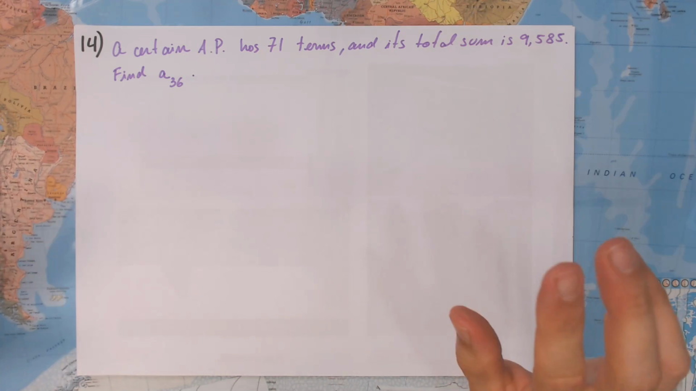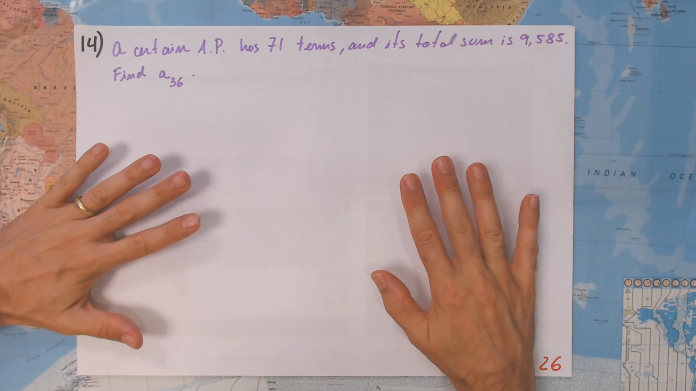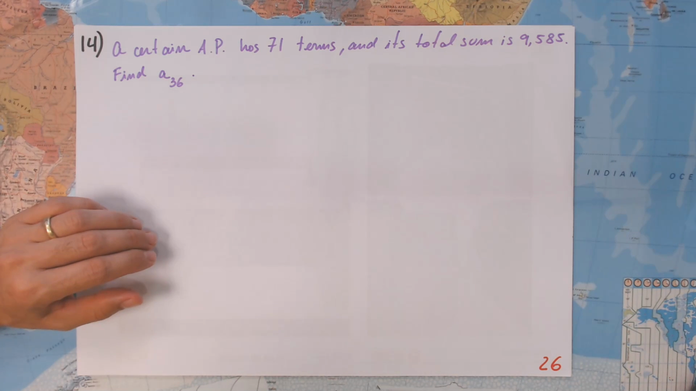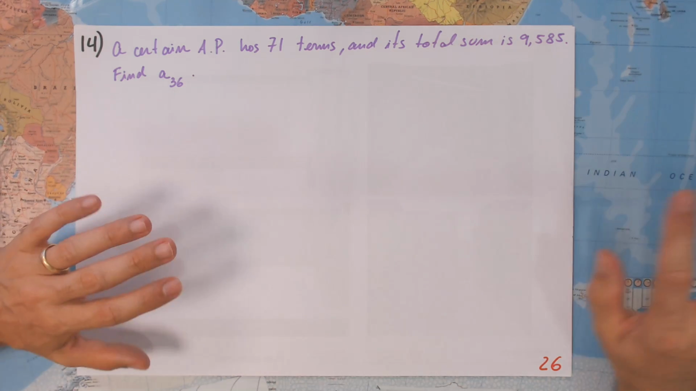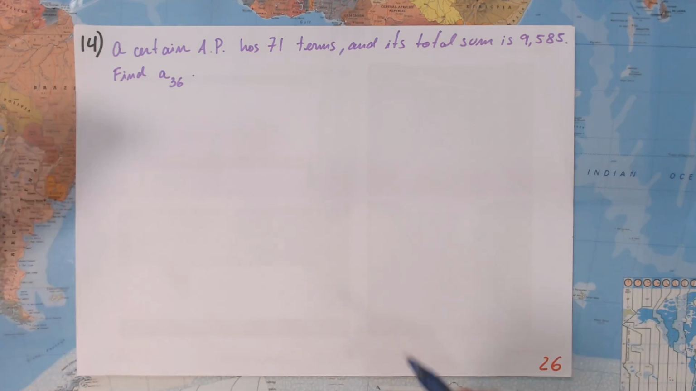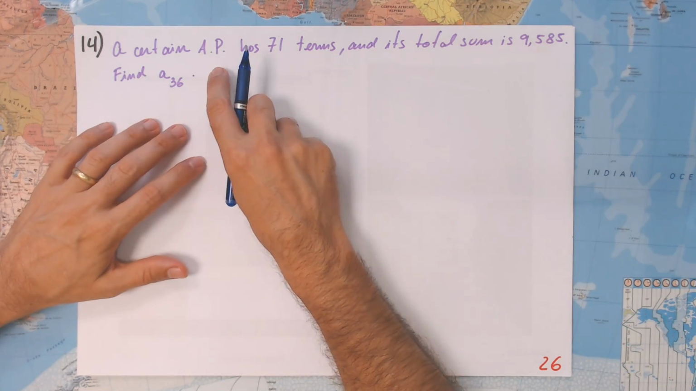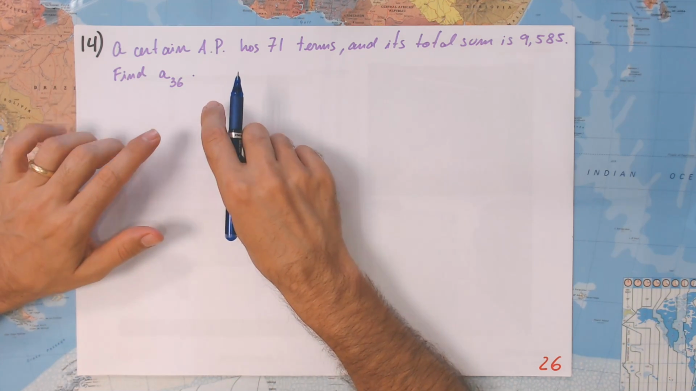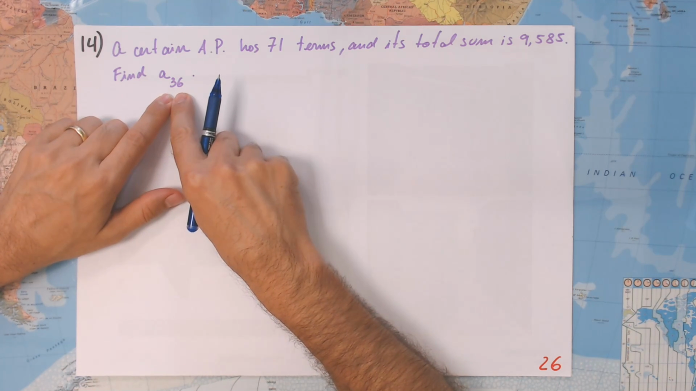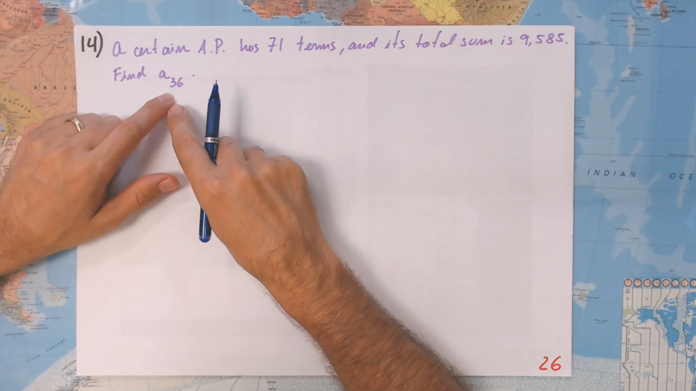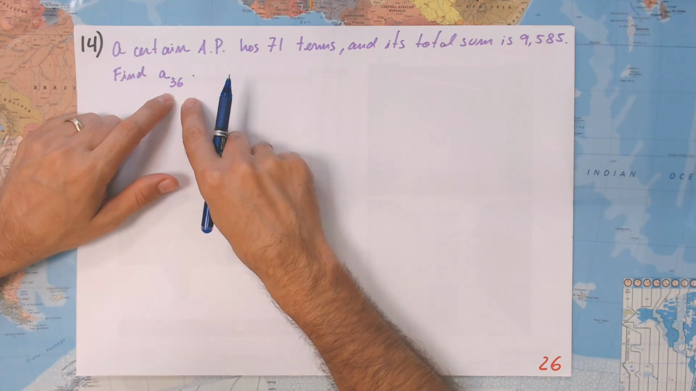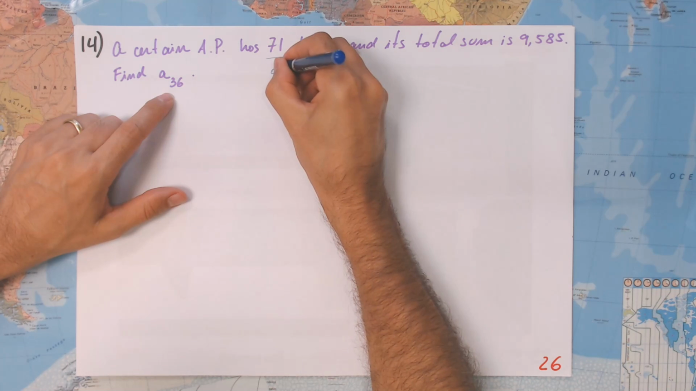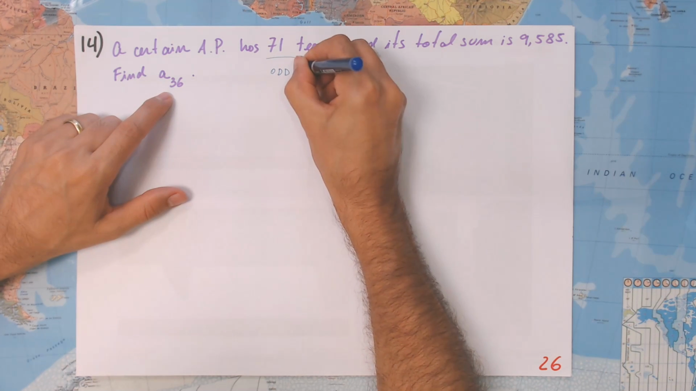So, pause for a minute, think, and we're going to continue in a second. Okay, assuming you did your part, now let's write this. I'm going to tell you, this is going to be the middle term. And because it's the middle term, and because this one has an odd number of terms,